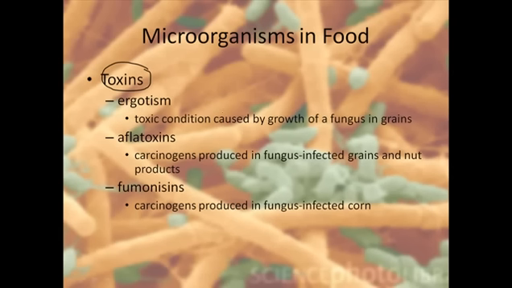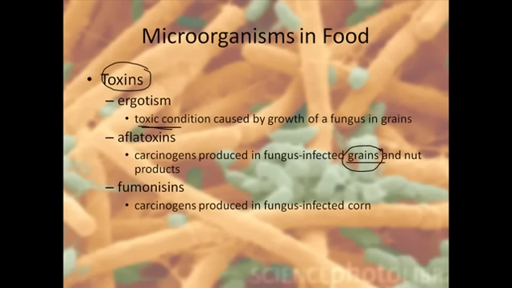Okay, we call them the ergotoxin. Actually, those toxic materials which are found here are called the ergotoxin for that purpose. And what does aflatoxin do? It's a carcinogen which is produced in fungus-infected grains. So if we talk about grains, because we are almost entirely dependent on these grain materials,